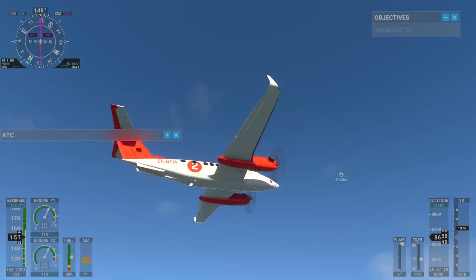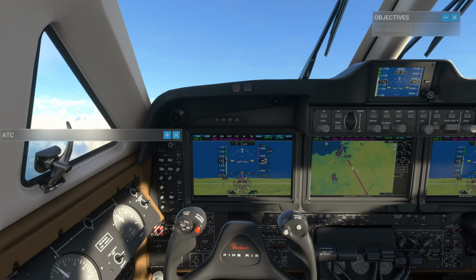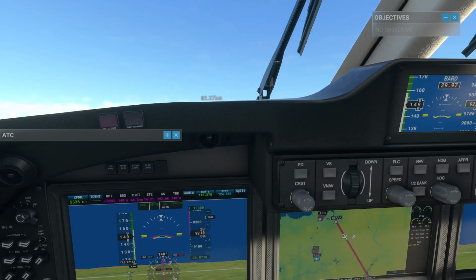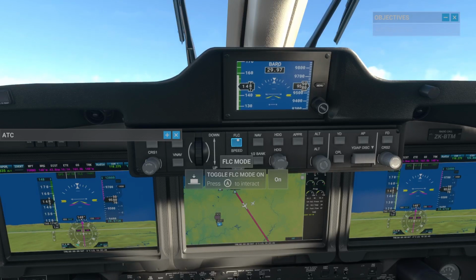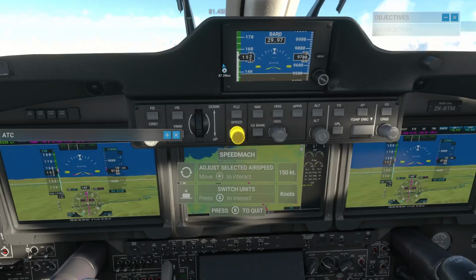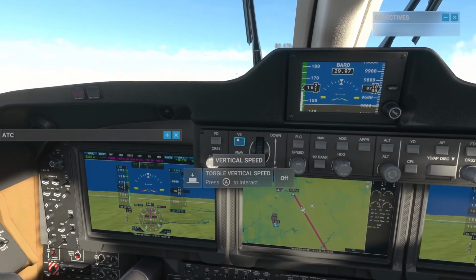There's the other plane I was looking for. So we're actually hitting our flight level change mode anyway, quite conveniently. I'm really annoyed with this because now it's going to start leveling off and it should be targeting the speed and it's gaining speed, but it's not anything. So